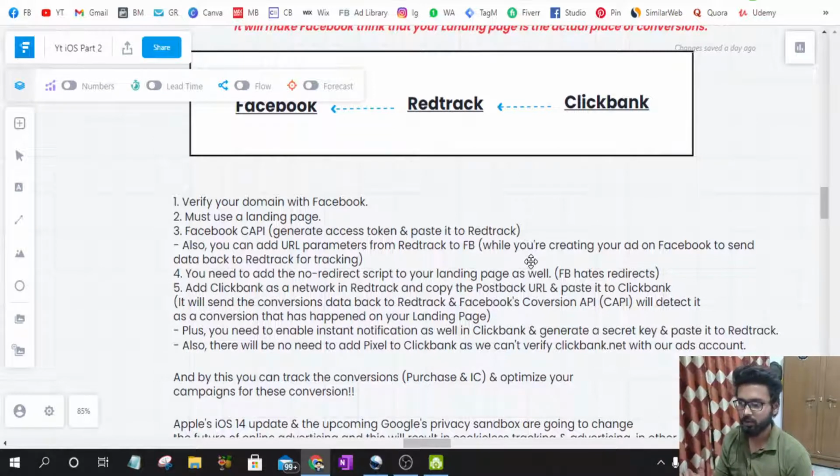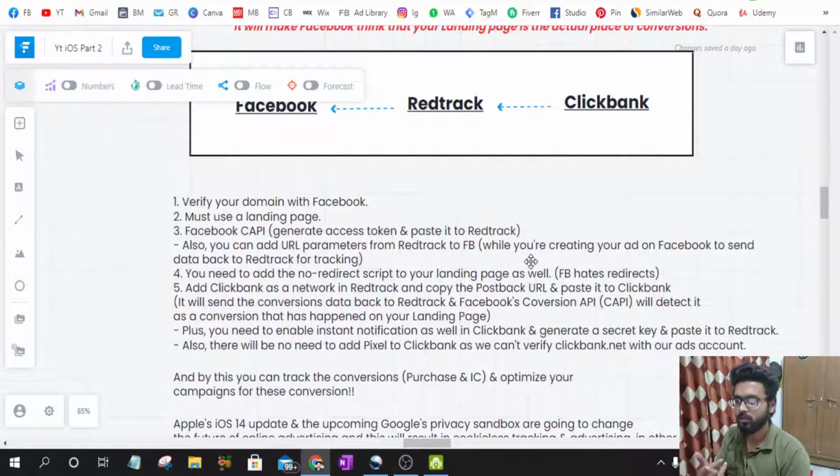What used to happen earlier is that you copy the link from your affiliate tracker, and you paste the link which has the URL parameters and all that stuff as the destination link, and when someone clicks on your ad, he or she gets redirected to your page, and in the meanwhile your affiliate tracker tracks everything, like from which campaign the customer is coming, depending on the URL parameters you have attached to the link.